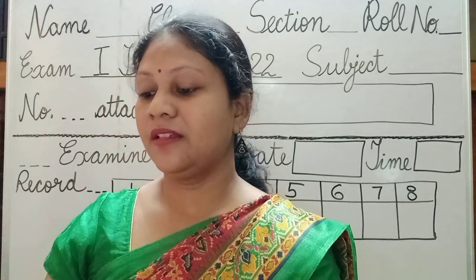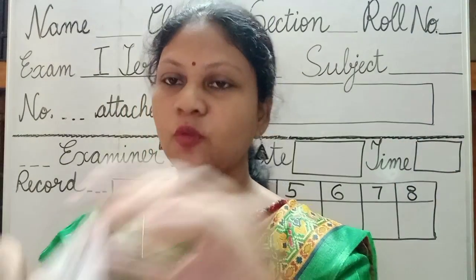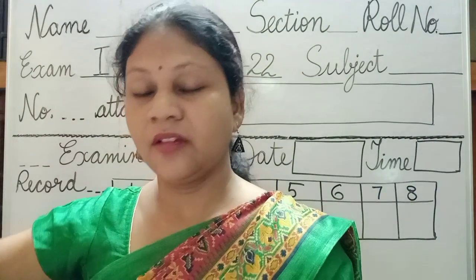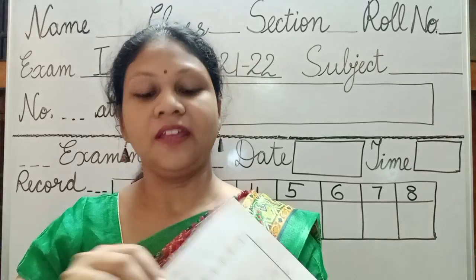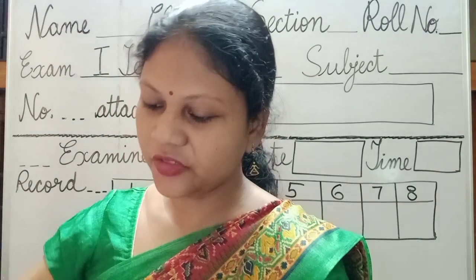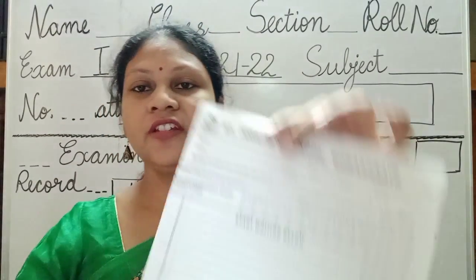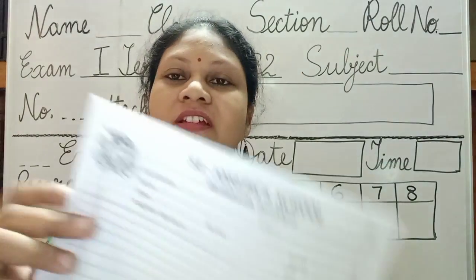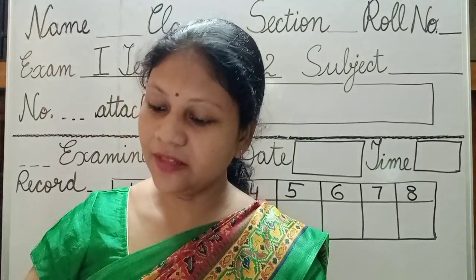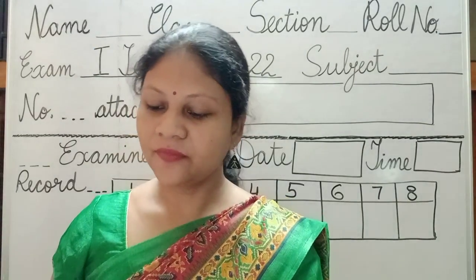Children, this is your sheet A. Then you have sheet B, and then you have sheet C. For some of the classes, either graph paper or a map is also provided. Among all the sheets, sheet A and sheet B are your double sheets, whereas only sheet C is your single sheet.